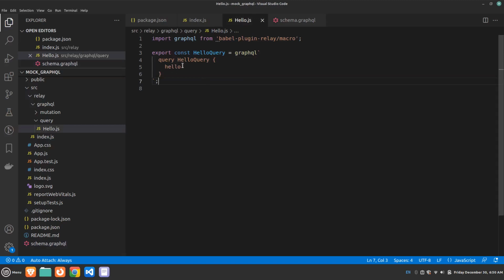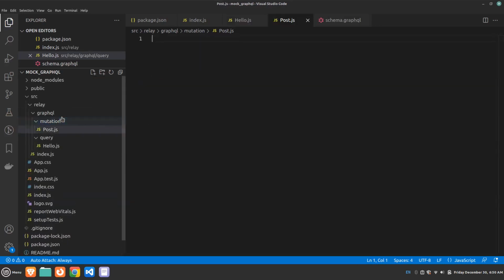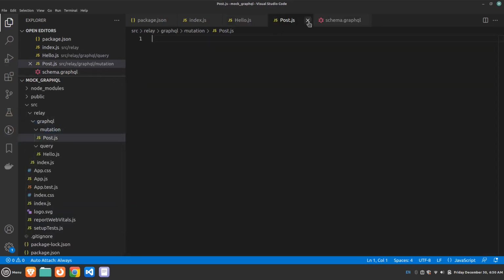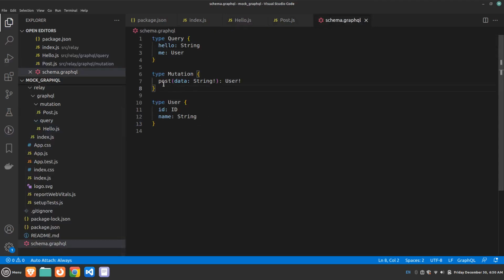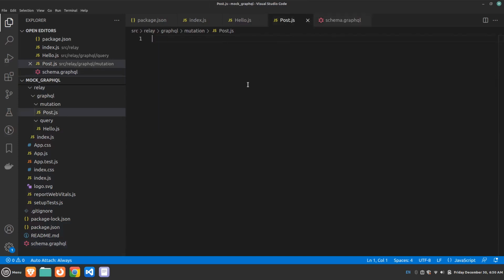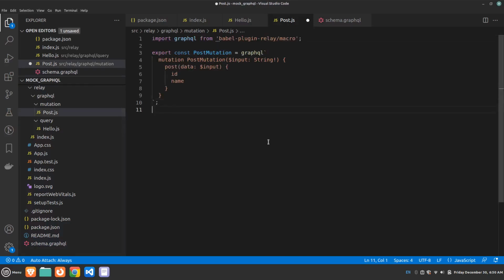So let's add a mutation. Let's call it post.js. We are trying to handle this mutation. So let me add the mutation. Once we have the mutation, let's then